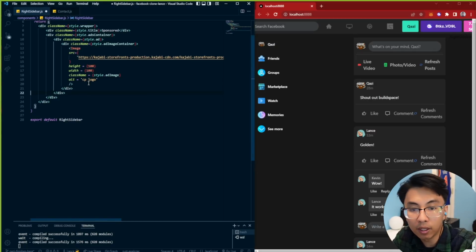We got a closing div here to close off that image container, but we still have to do the rest